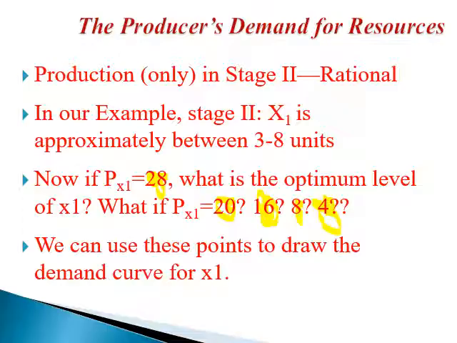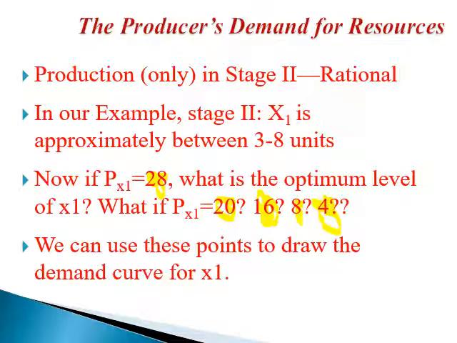Here we are talking about a demand for an input, remember. The demand for that input, which is the variable input X1, is composed of the profit maximizing points for the producer. Because remember, we use inputs to produce outputs. If inputs do not result in producers making profit, we will never use inputs. So here, the demand curve for the variable input is composed of all the points that are called net returns maximizing points for the producers.